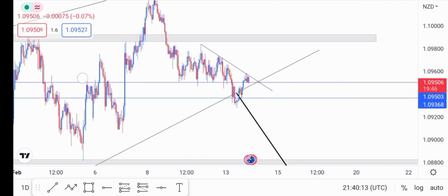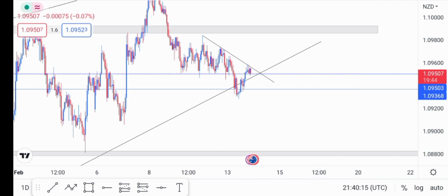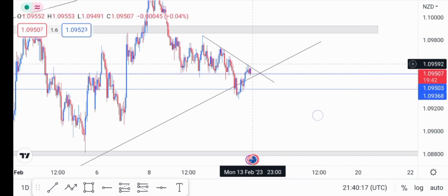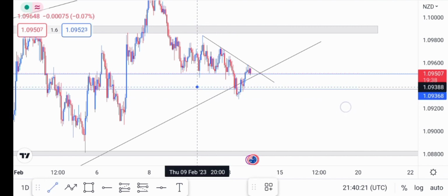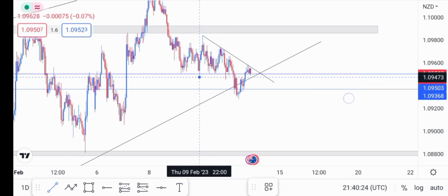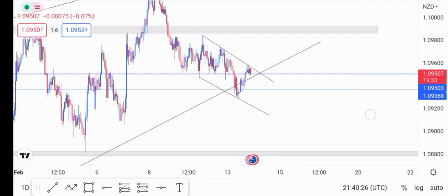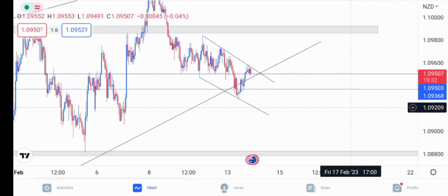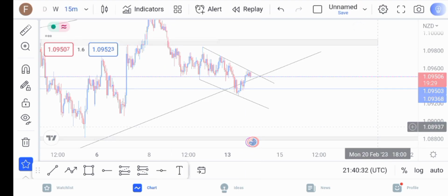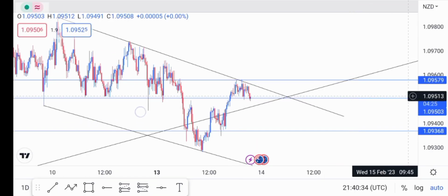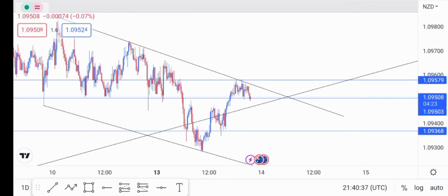Yep, here's what you have. As you can see, it had a beautiful turnaround over there. Let's cater for the lower side as well, starting from here. First touch, second touch. So if you go to the 50 minutes time frame, you see this in more detailed fashion. So you can see now that the market,